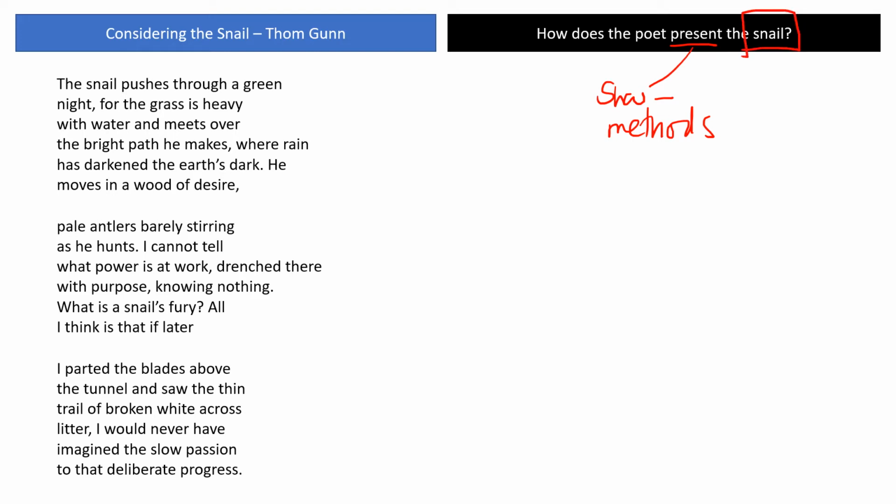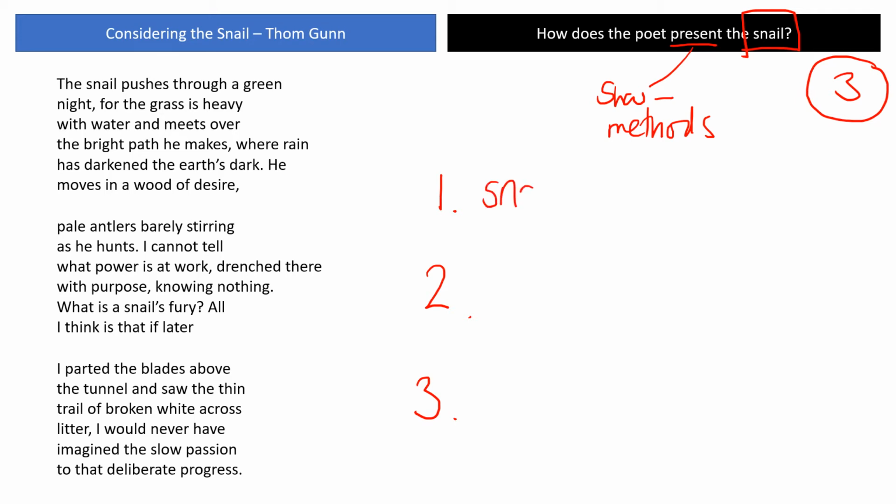Okay, so once you've got the focus, then you can start being a little bit specific about it. Now generally, the number 3 is a good thing to think about when looking at unseen poetry. And what we suggest you do is look at the poem and see if you can pick out 3 images in the poem. So for me, I'm going to pick out 3 images, and I'm going to pick out this first one, which